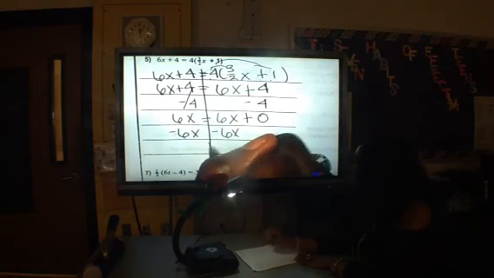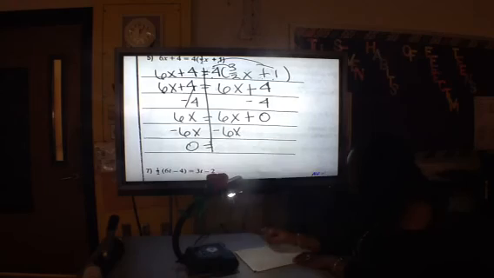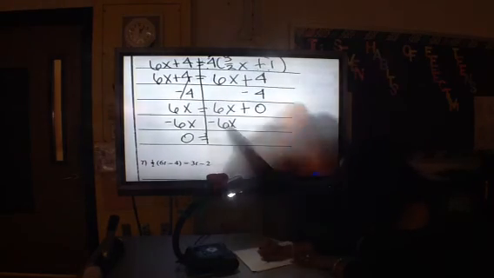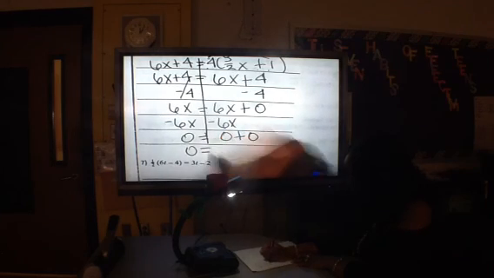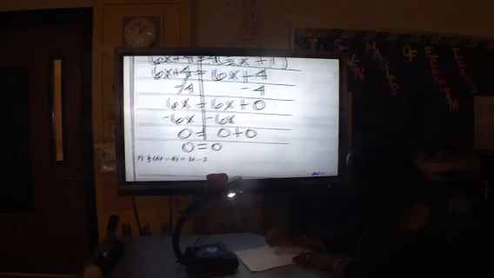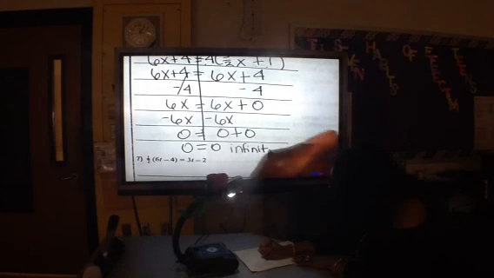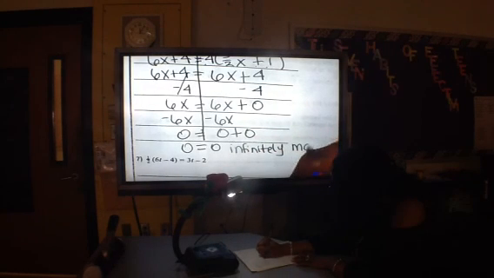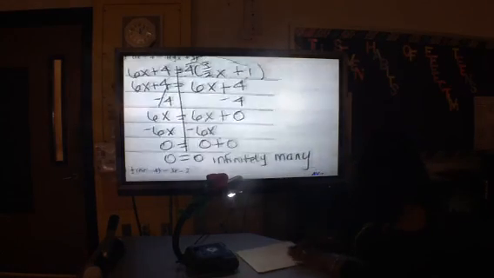Left to right thinking, 6x minus 6x will give me 0 equals, and we're going to keep it consistent with what we've already done, and that's 0 plus 0. So 0 does equal 0. So the answer to this problem is infinitely many, or all real numbers. Okay? Second one. So again,